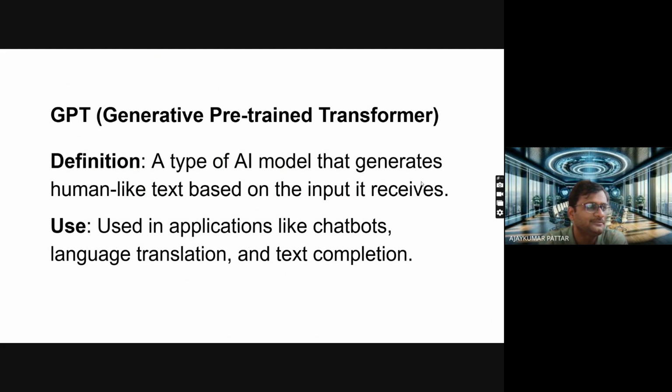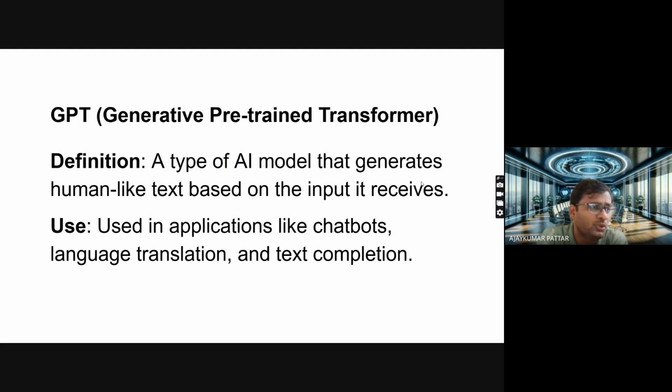GPT means generative pre-trained transformers. A lot of pre-text is given, and this particular AI model is trained by providing a large amount of data. That's why it can generate human-like text.